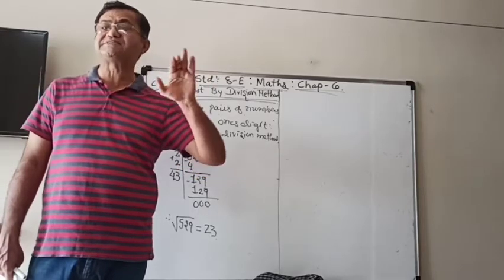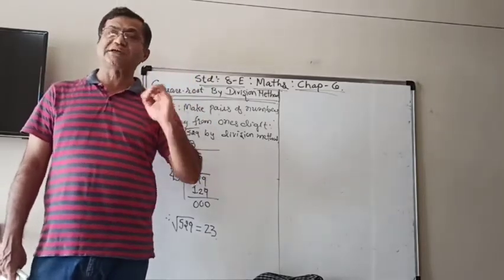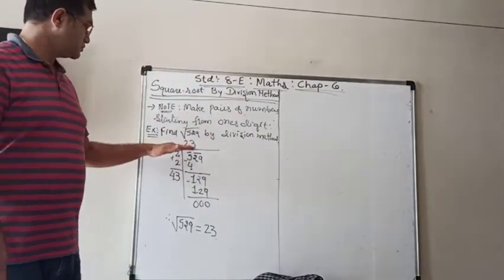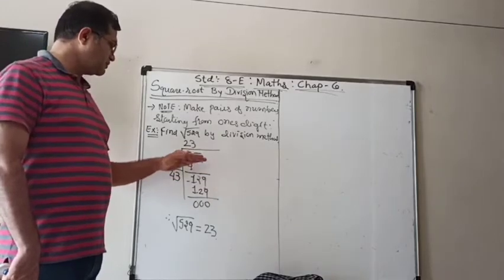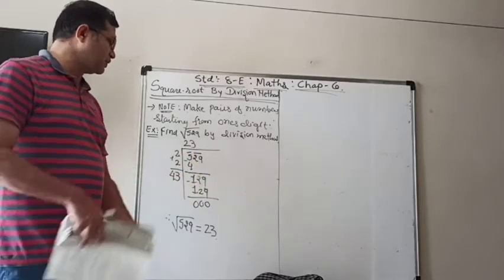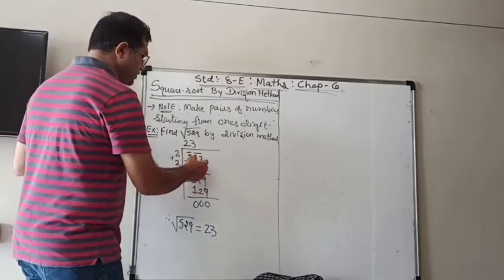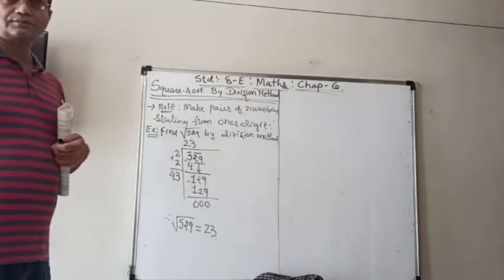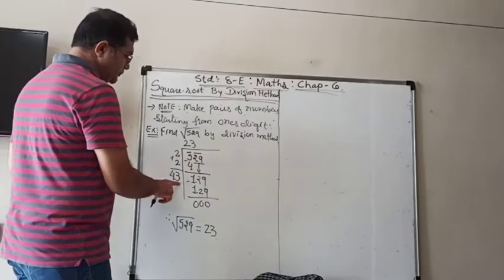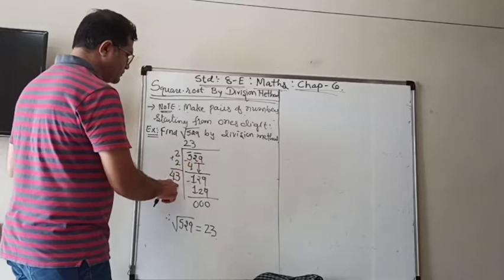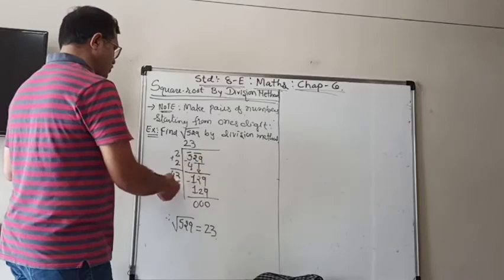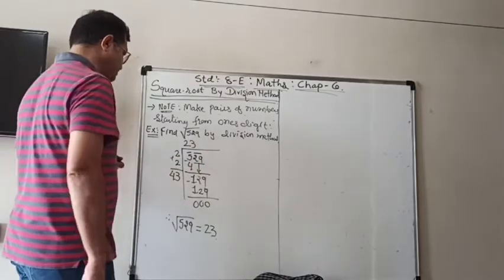You have to multiply the same number with itself. Meaning 2 twos are, 3 threes are, 4 fours are, 5 fives are, only that. And then from normal division, subtraction, and then remember that the whole pair will come down here. So here the whole pair of 29 should be coming down. And then as I told you, put the number such that you have to multiply the same number. Meaning 43 threes are, 44 fours are. You can't do like 44 threes are or 45 sevens are. You have to do like that.